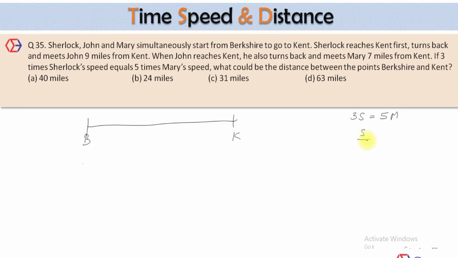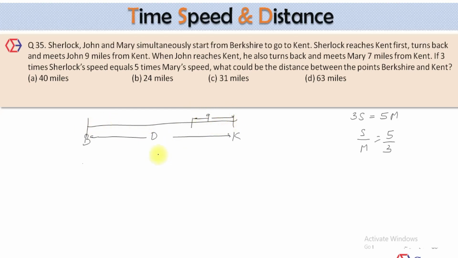So can we say the speed of Sherlock and Mary would be 5 is to 3? So who's the faster runner among them? Sherlock. Let's assume that this total distance is d. And I'm going to compare Sherlock and John. Sherlock reaches Kent first, turns back and meets John 9 miles from Kent. So the meeting point would be this one. This is 9 miles. So by the time Sherlock covers d plus 9, d, then he'll take a U-turn,